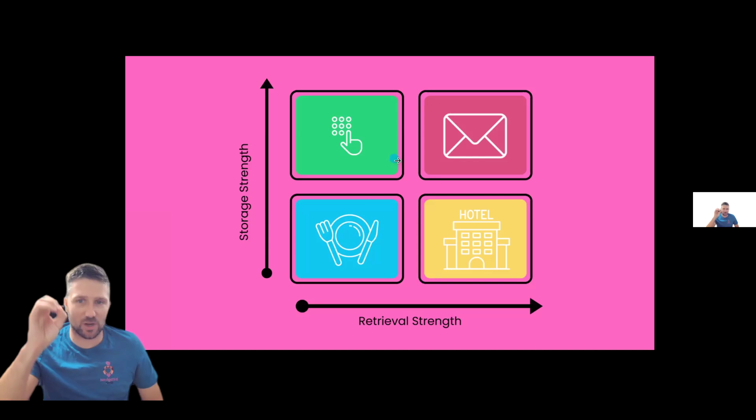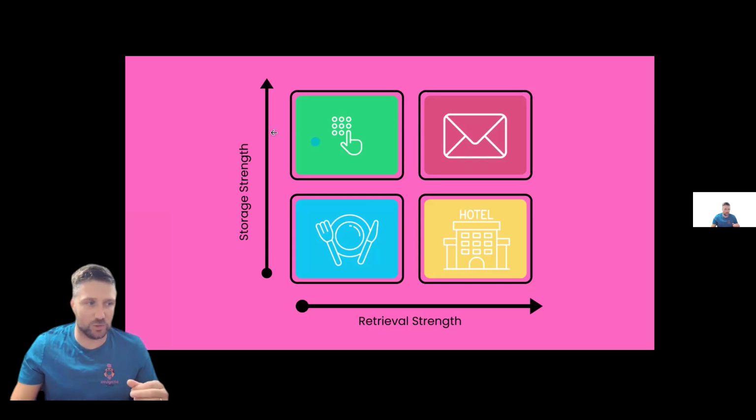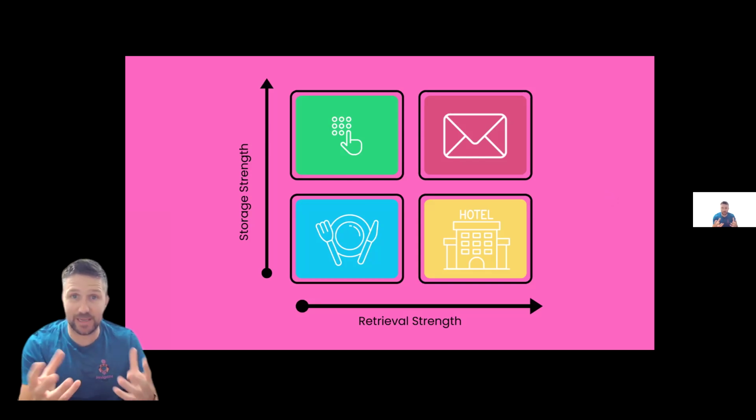And what this is doing is just highlighting to our students that different memories are stored differently and are able to be retrieved differently. Now you can change these 4 examples for whatever works for you. But the idea of highlighting to my students that different things have different storage strengths and that therefore all memories are not equal. And I will do this quite often with my students, but I may do it around a